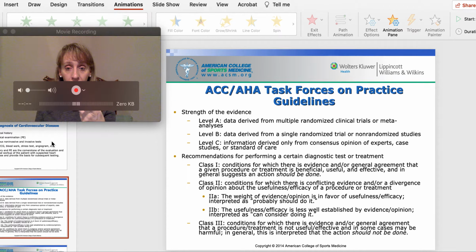So class 1A, class 2, right? This is telling us research says that class 1 is very effective, should be done, right? So the letters are who should we be doing it on, right? Then those numbers are. The letters A, B, and C tell you what type of trials, right? Everything needs to be evidence-based practice. Evidence-based practice means it comes from research. So if it's at a multiple randomized control trials, right, really nice meta-analysis, that's going to be a level A. If it's more from just maybe non-randomized, it's a B. If it's from case study, more opinion from experts, it's going to be a C. So I wanted you to go through all those risk factors. What do you know, what don't you know, and what's a little bit shocking in what we see out of